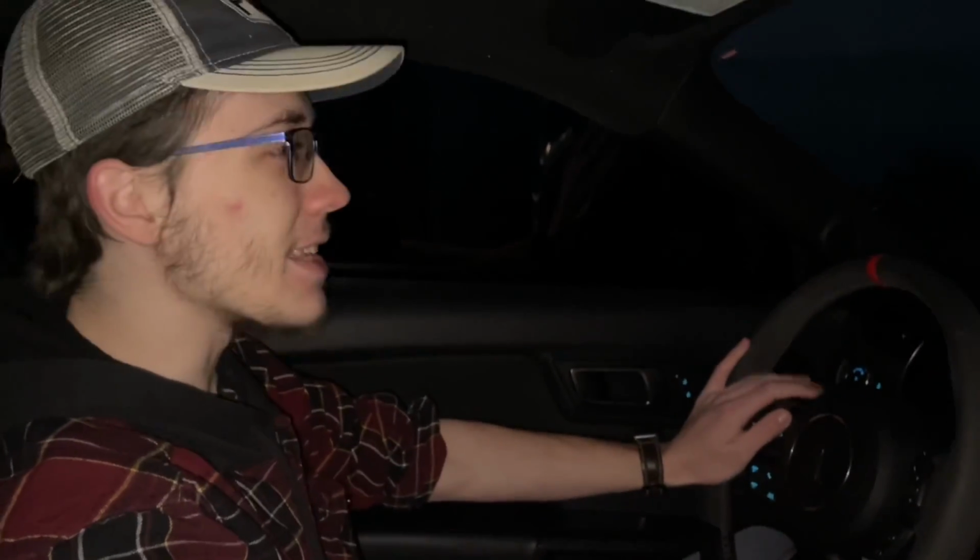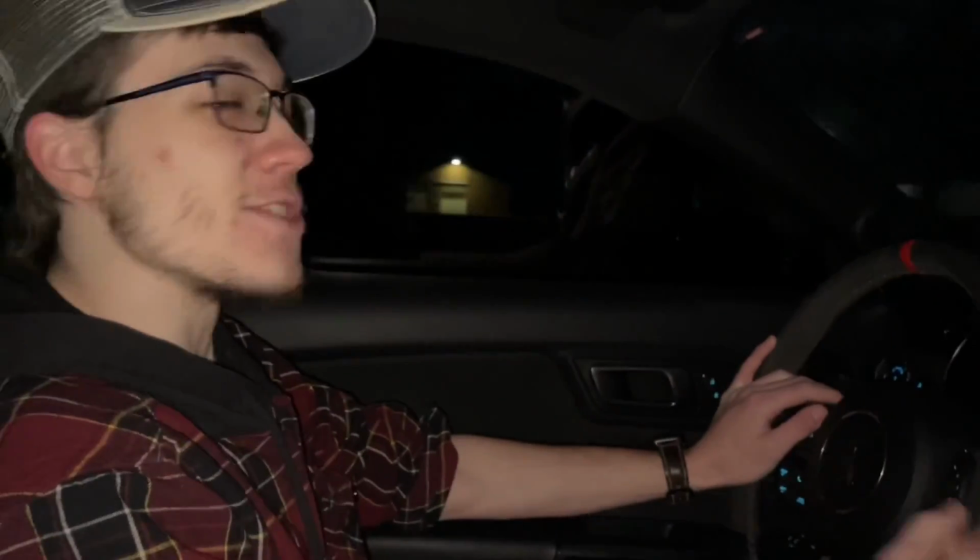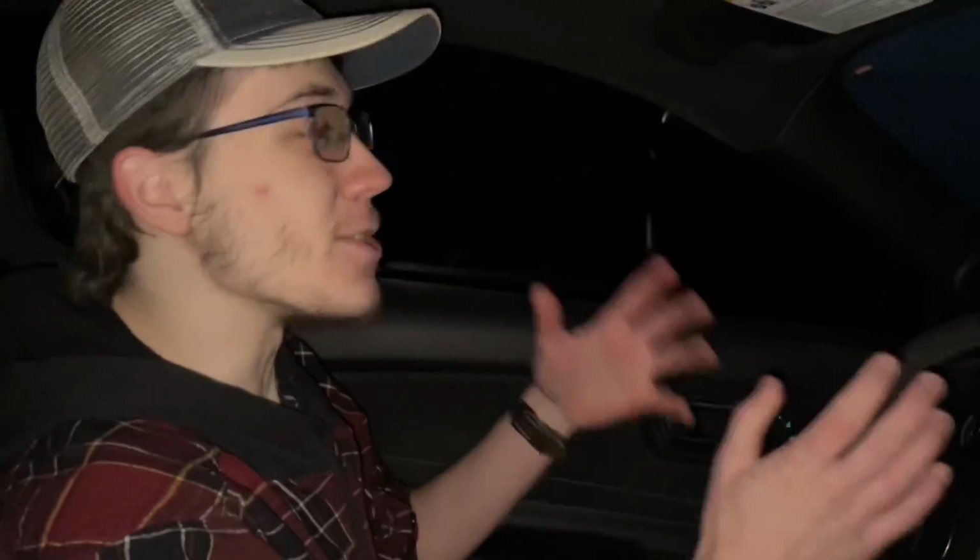Trimming 6-speed in this car is absolutely, I mean, it is the best manual transmission car I've ever driven. It is so much fun. All the car wants to do is go. There's so much power through the entire power band, and you can do whatever you want to do